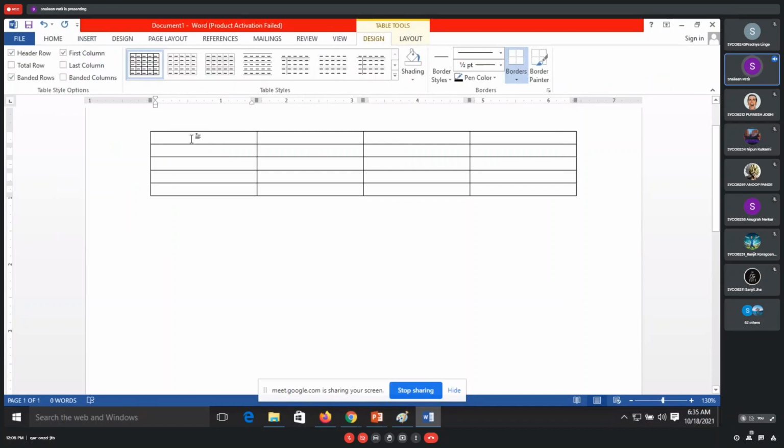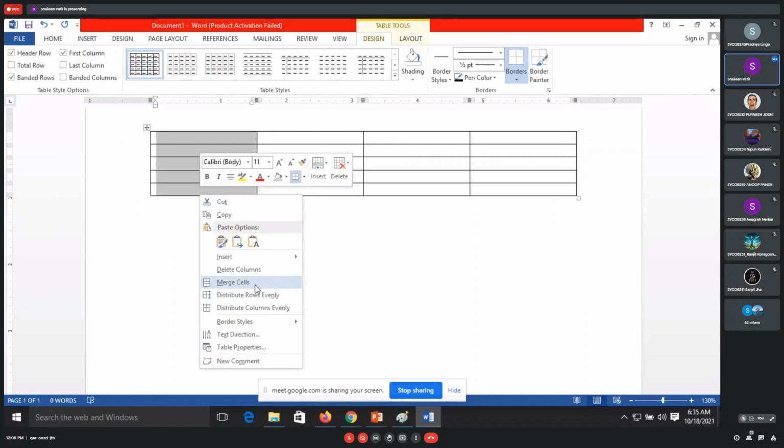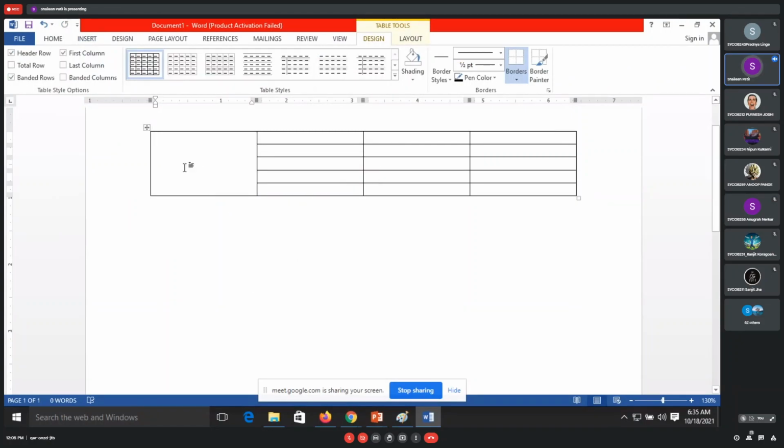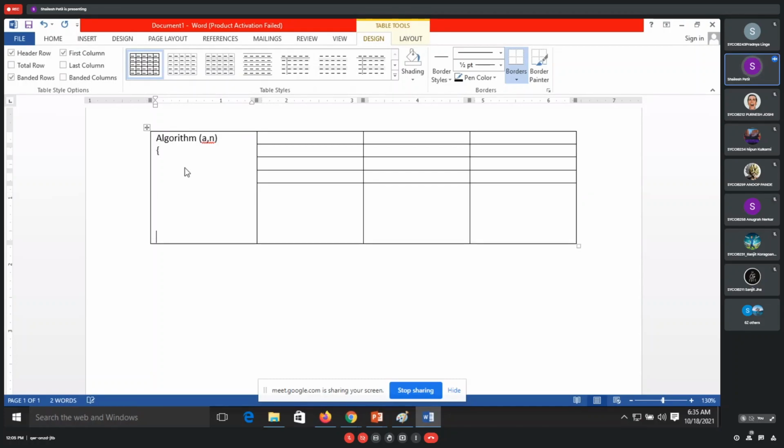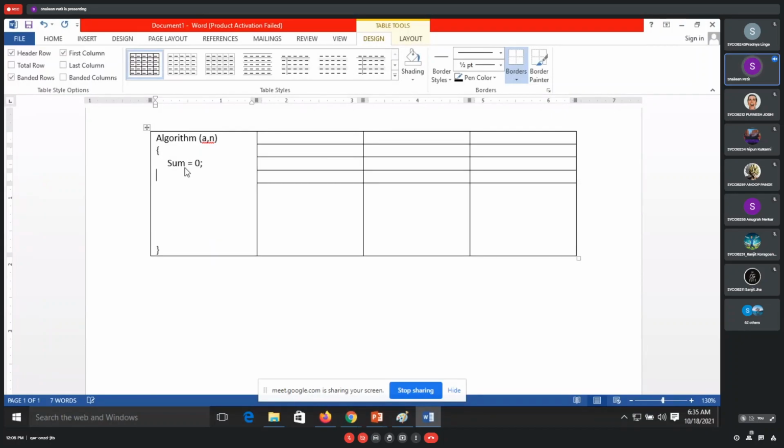So I will merge all these parts together and write one algorithm over here. What algorithm do we have? That is for addition of n numbers. I will write algorithm sum(a, n). Inside that, we make sum equal to 0.